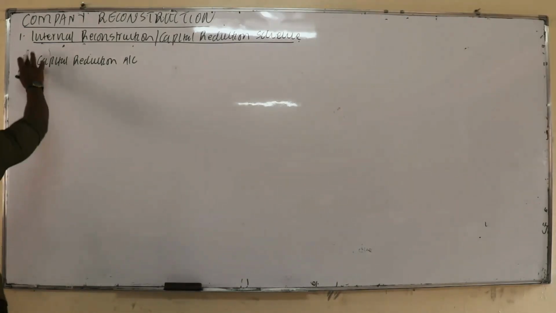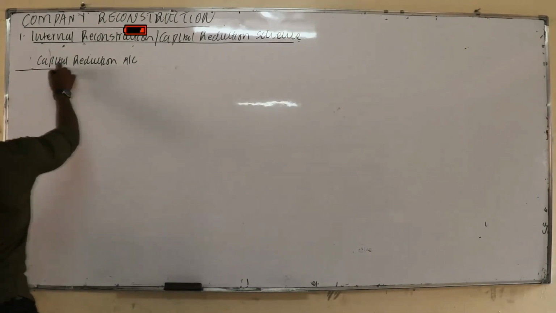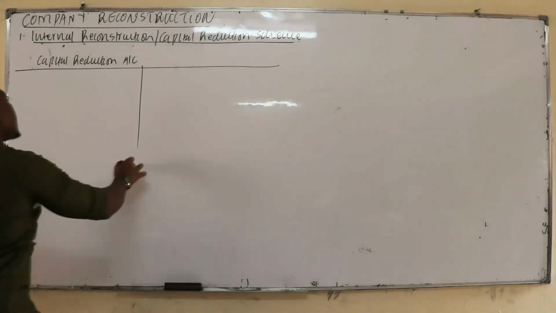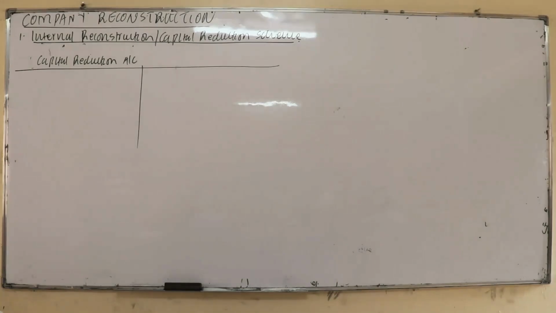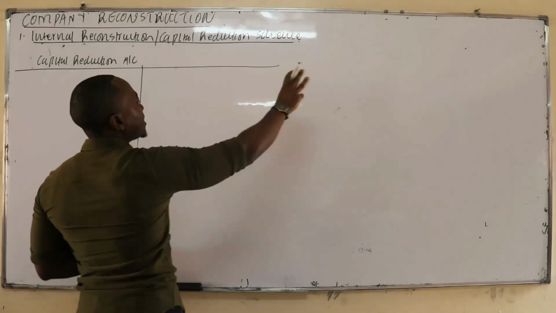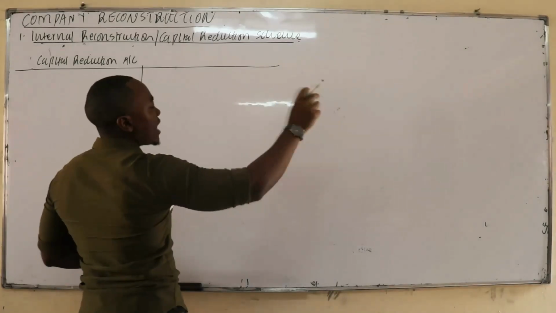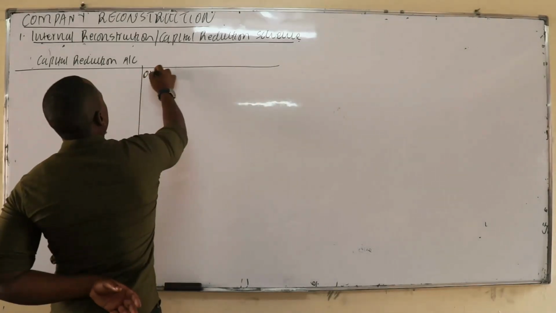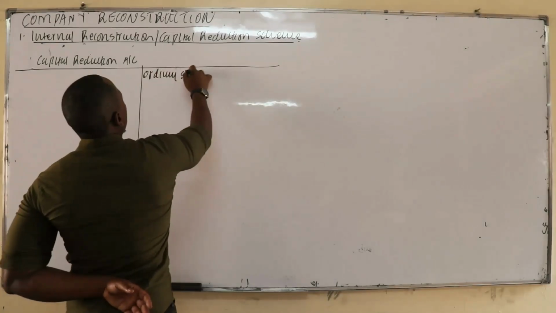And how do you write off the accumulated losses? You write off the accumulated losses by preparing the capital reduction account. So on the credit side of this account, you factor in what the shareholders and the debt holders are sacrificing. So don't copy. So we have the ordinary share capital